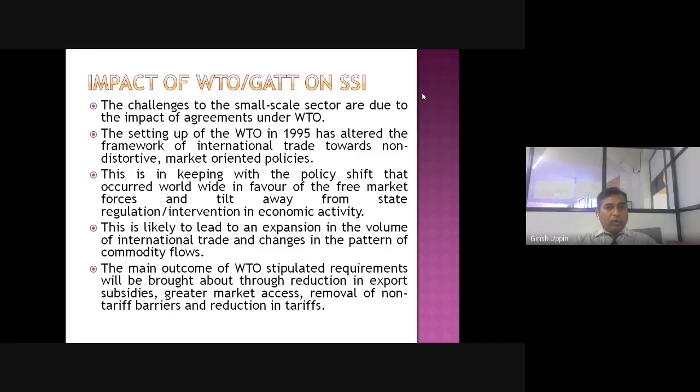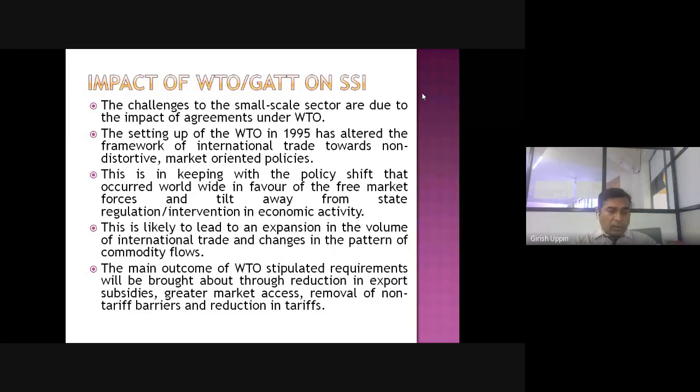Impact of WTO GATT on SSI. So, in 1995 the WTO, World Trade Organization, was established. Many countries consulted, and they thought of setting up a World Trade Organization, which will help in the economic development of all the countries, and which will also act like an interface between the countries, and also make certain changes like liberalizing countries' economy, so that it will open up doors